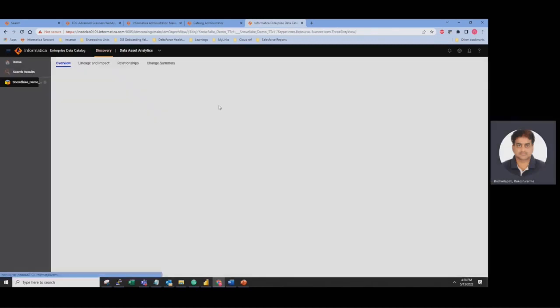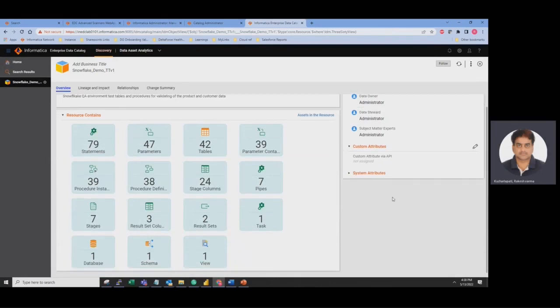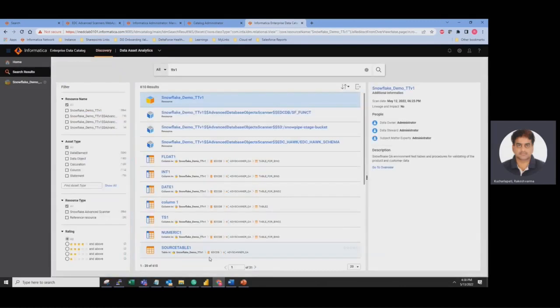So this is the Snowflake resource which I have created, which we have created through advanced scanner. It has extracted the overview of the Snowflake. It has extracted multiple objects. Let us first validate how it looks for a view, how the view got extracted into